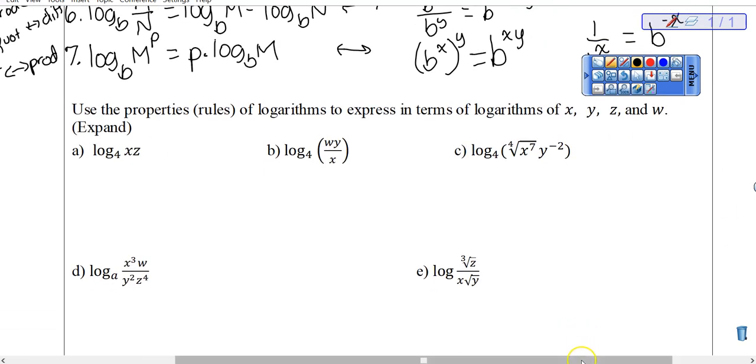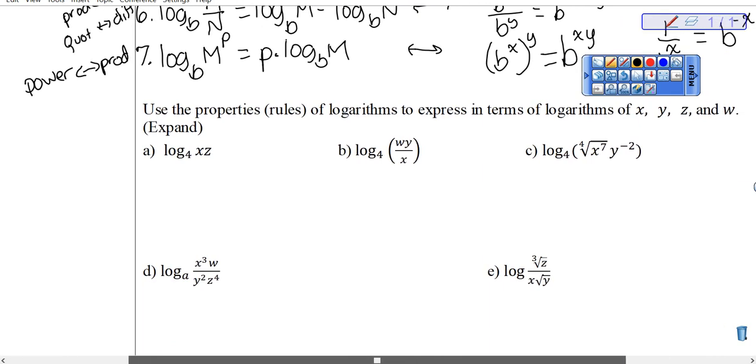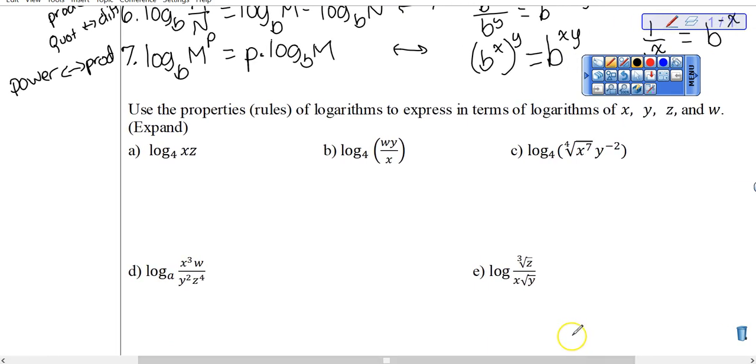Okay, so like I mentioned, I will be doing this very methodically. So I'm going to color code, and then if you are already experienced with this, of course, you can go straight to whichever's the answer if you can see it. I'm color coding thusly. Step 1. Let me read the instructions. It says use the properties of logarithms to express in terms of logarithms of x, y, z, and w. So I want you to expand it out from a single condensed log to multiple logs each with its own variable. So step 1,